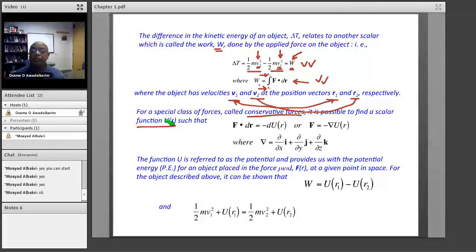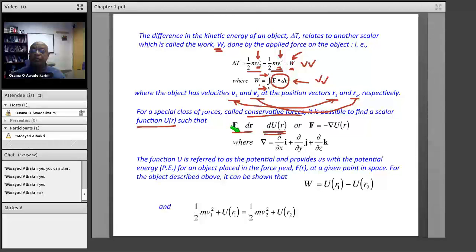So you have a force, and then you have a scalar function, u of r, such that this integrand here, which we use to find the work, F dot dr, can be written as a complete differential. Remember, F dot dr is a dot product, so it gives you a scalar. Now, if you can get a scalar function u of r, and the differential of this scalar function exactly matches F dot dr,